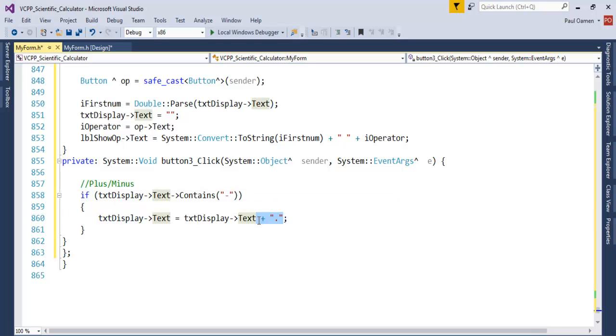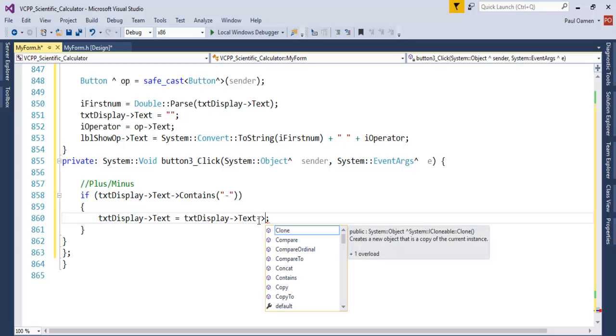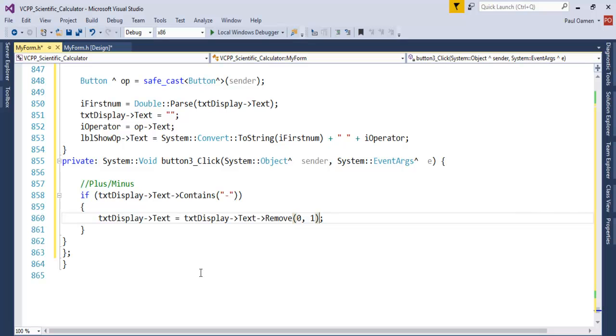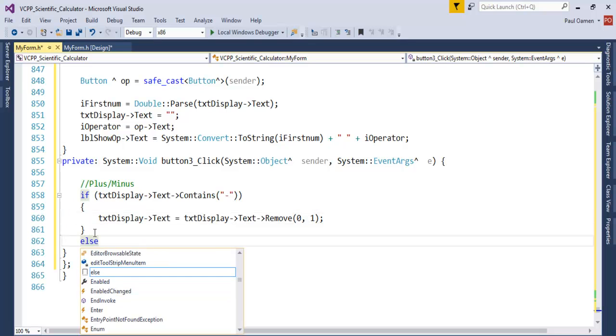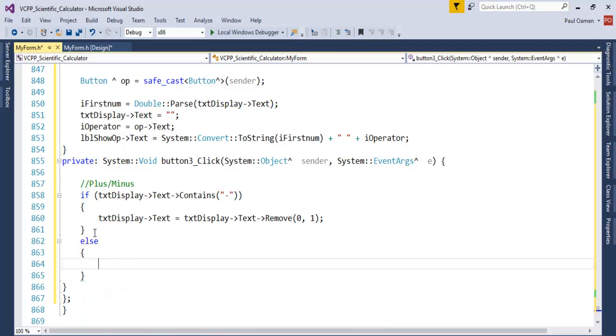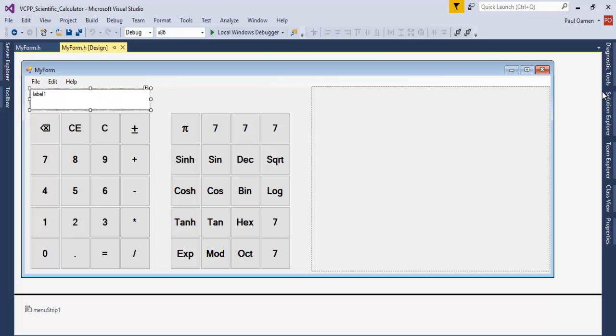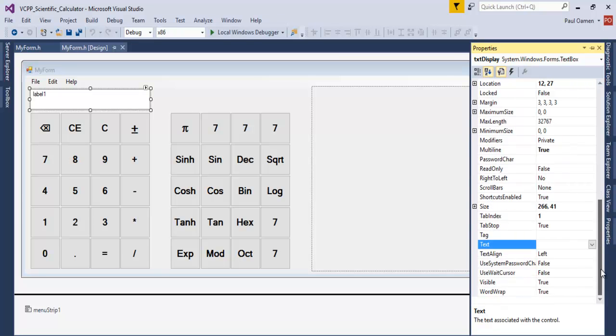we're going to change all of these to remove, and that will be remove 0, 1. Okay, else, this is what I want you to do. Copy all of this and paste it there, right there. So this one equals plus minus plus that and semicolon there. Okay, now let's come back in here. You see this text box, let's change it, realign it. Come down here, align, make that right. Okay,